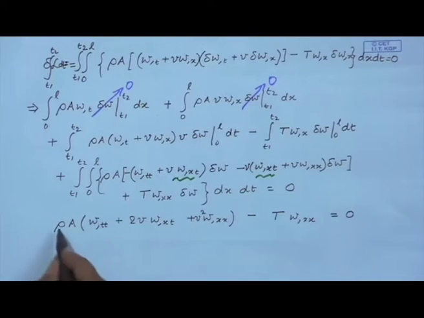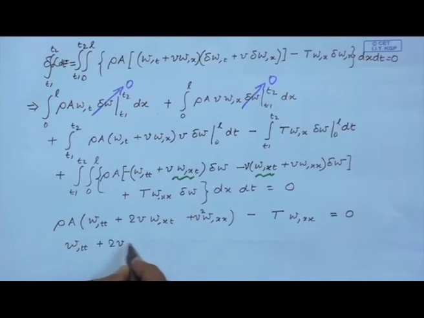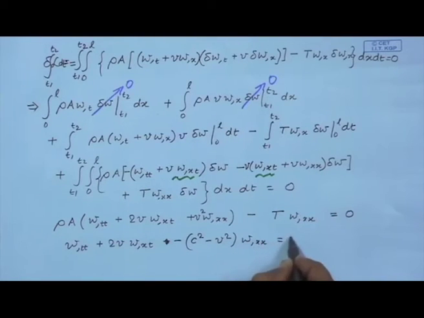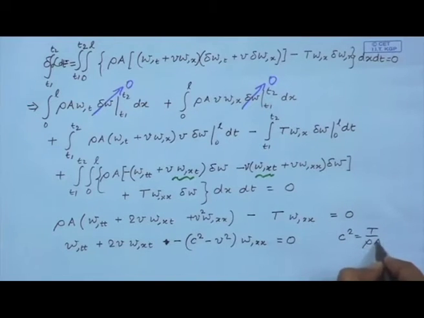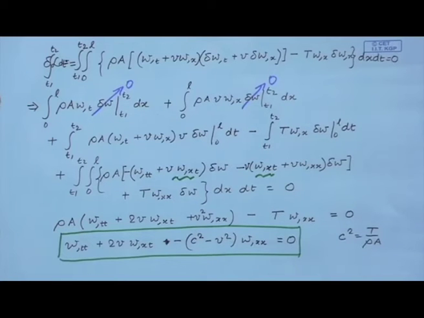Now, this can be simplified by dividing by rho a, and I will write it like this, where c square is defined. Now this is the equation of motion of